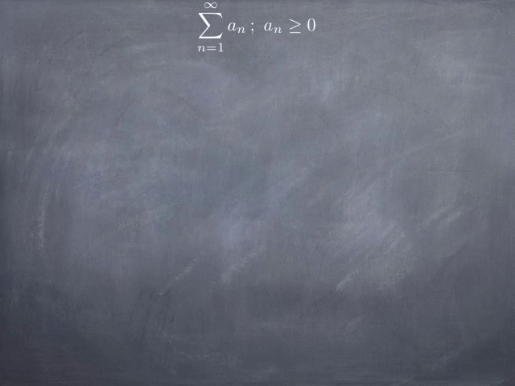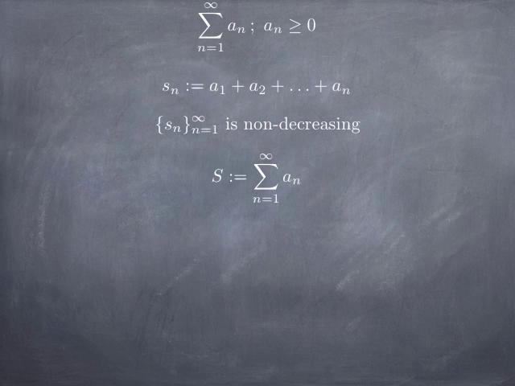because the terms of the series, the terms a_n, are really of the form f of n, where f is a non-negative function that is continuous and decreasing. And so the partial sums, sums of all the terms from 1 to n, form a non-decreasing sequence because we keep adding non-negative terms. And in the case where the series is convergent, let's call S the sum of that series, and we want